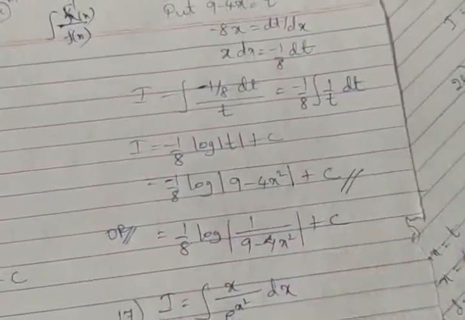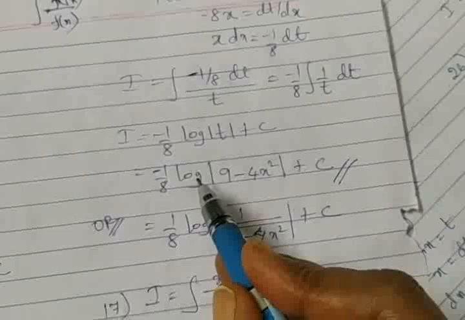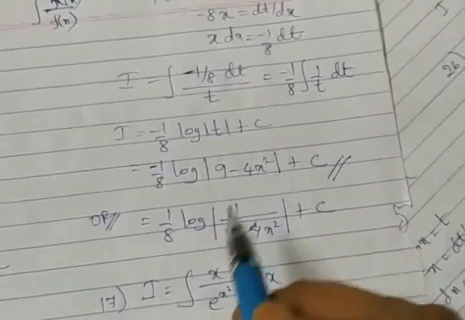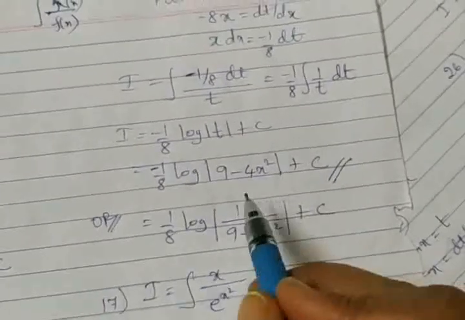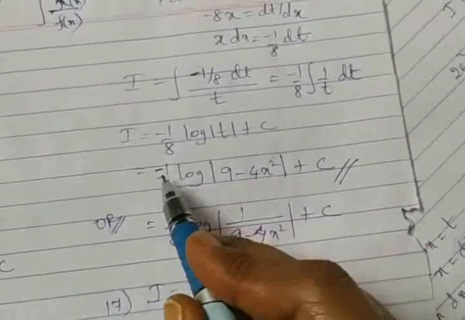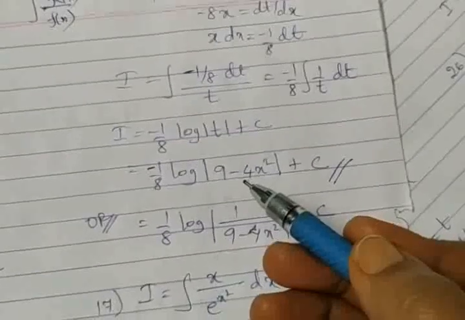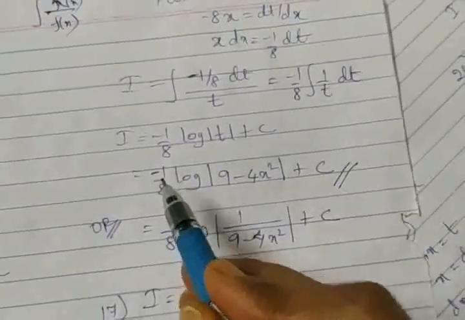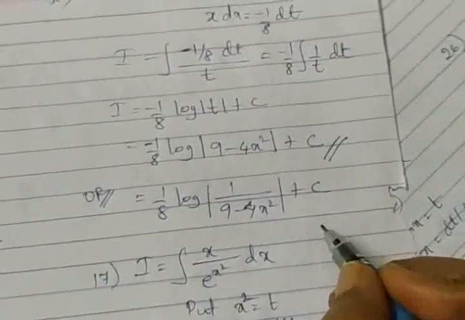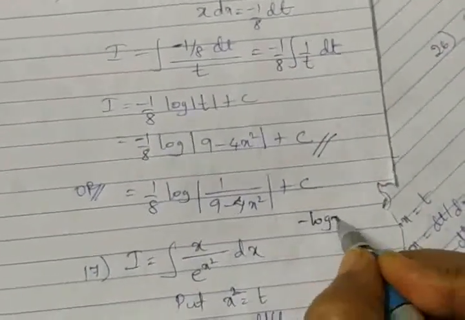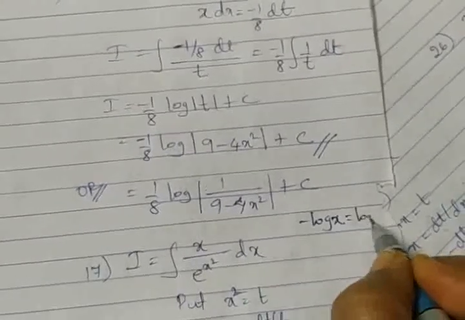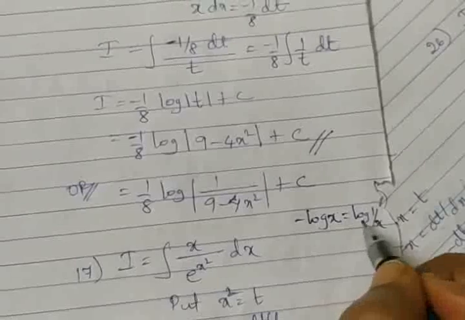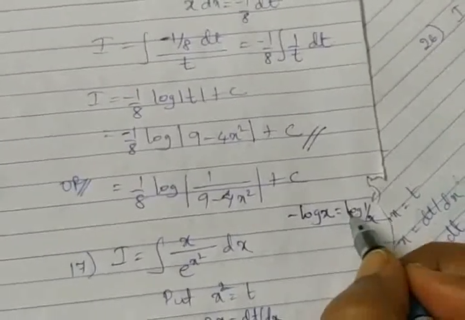should be the answer. But normally the minus sign in front of log is not written. It's not compulsory that you have to write this step. I should not make it compulsory, but normally if you have to select the answer from the options, then check it out. Normally the minus will not be kept in front of log. I think in some previous video also I discussed, whenever I find minus log x, it can be taken as log 1 by x. Minus log x can be taken as log 1 by x, that is plus log 1 by x.